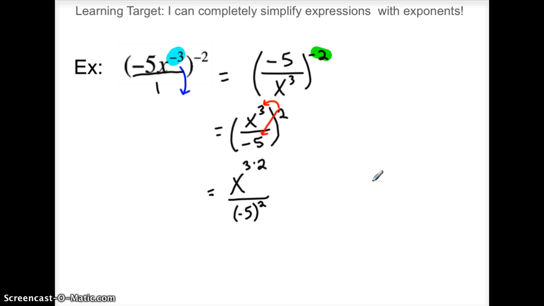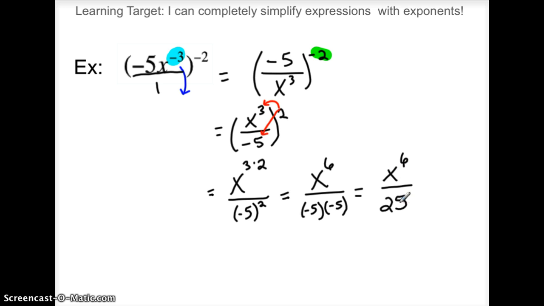You know what? I think it better come over here so I have a little bit more room. We'll have the x to the 6 on the top. And what this is saying, take negative 5 times itself. So make sure if you're using a calculator, you need those parentheses around it, or you're going to get a wrong answer, and I'm going to have to mark you off. Only give you a partial credit, unfortunately. But here's the deal. We're going to have x to the 6 on top. Oh yeah, and then we're going to have negative 5 times negative 5 turns it to a positive